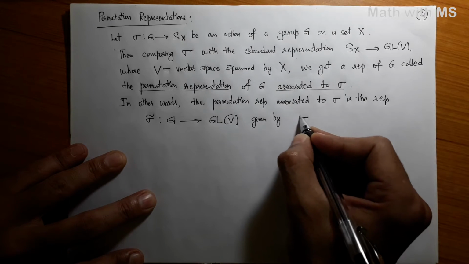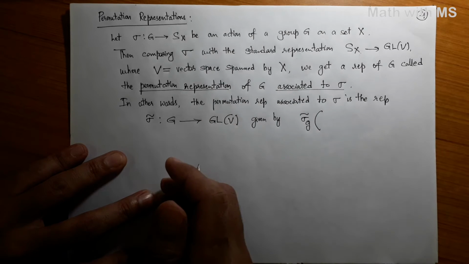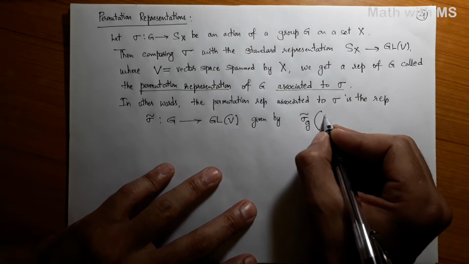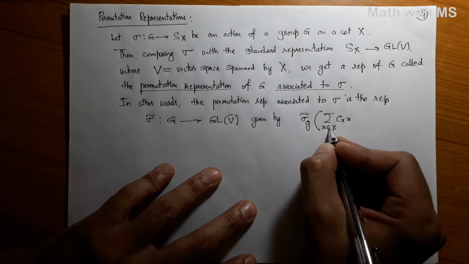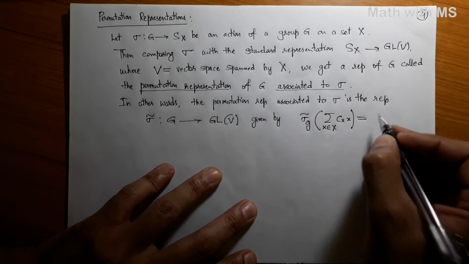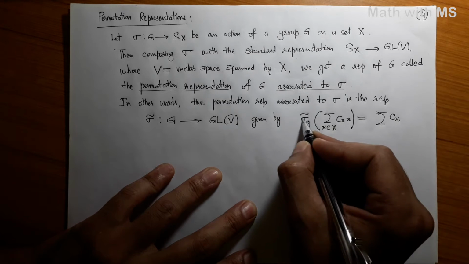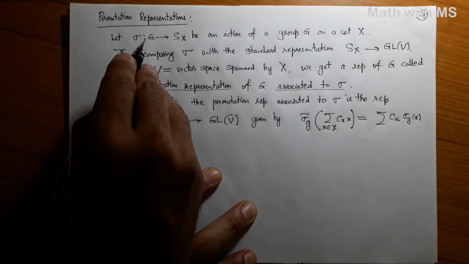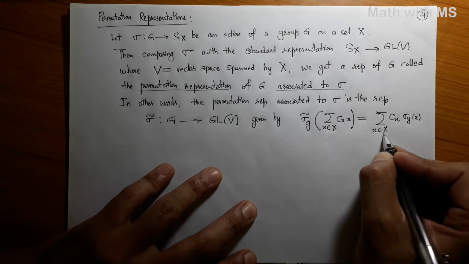So sigma tilde of a group element will act on vectors in V, and vectors in V are C-linear combinations of elements of X, summation c_x x, where x is in your set X. We are assuming all our sets to be finite. This is just by definition summation c_x, an action of this group element on x, sigma_g of x. Notice that sigma_g will act on X. So that's this action as you vary x in X.